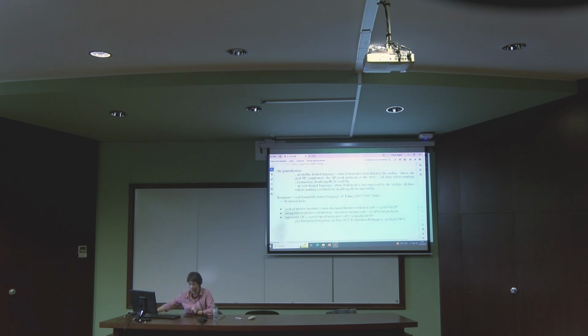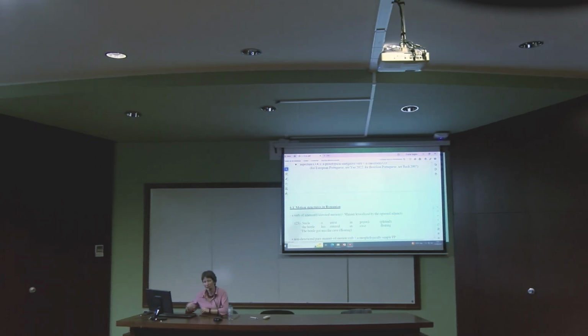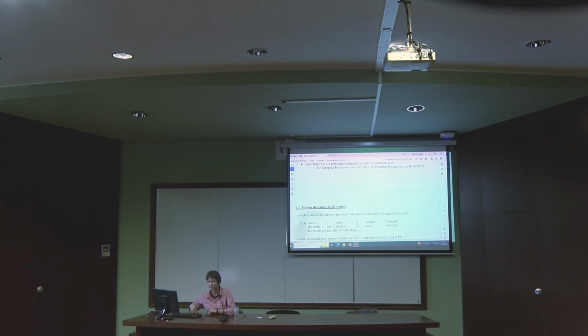And there are no aspectual COCs, again where a prototypical unergative verb combines with a modified CO. Again, I do not speak Portuguese, but I know from the literature that that's exactly the same in European and Brazilian Portuguese as in Romanian, as in French, as in Italian, as in Spanish. So let's see what we have. We do not have float into the cave type of motion constructions in Romanian.